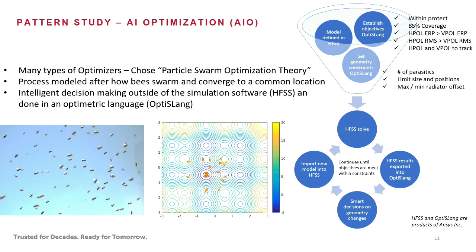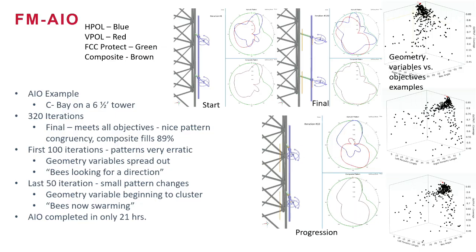Sometimes the software will tell you, well, you want a great pattern, all you have to do is be on a standoff 48 feet away from the tower, and it looks really nice and smooth, right? Well, not practical, right? So we put some limits on where the radiating element can go, and what the positions are, just in terms of manufacturability. But the result of that is, once we do that,